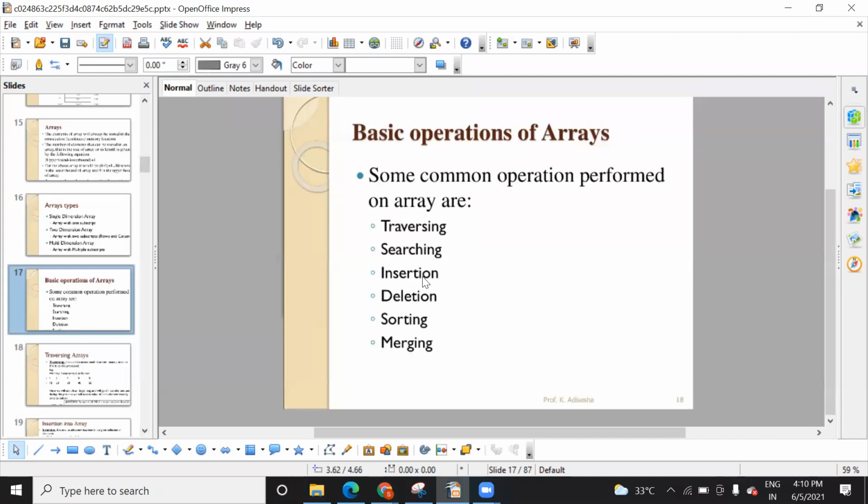Meaning how you can access an element. If you try to do this with an array, it will take a lot of time compared to the collection one. In collections there are predefined functions available that make your task easier. But in a linear data structure, these operations are somewhat complex, because when you delete one cell, you need to move the other cells forward, right?